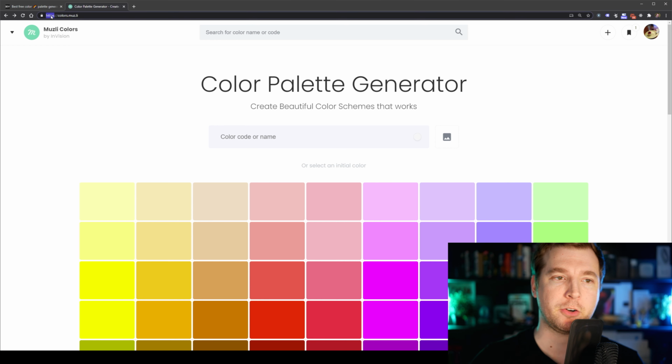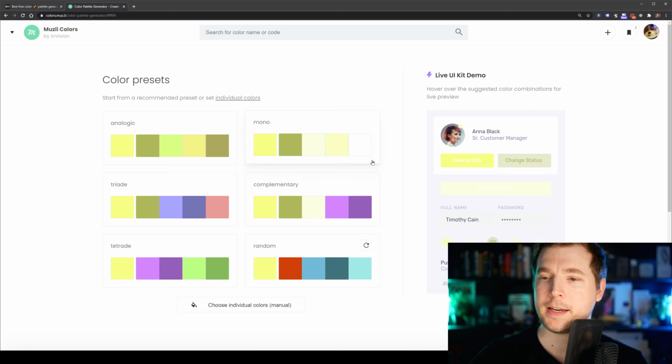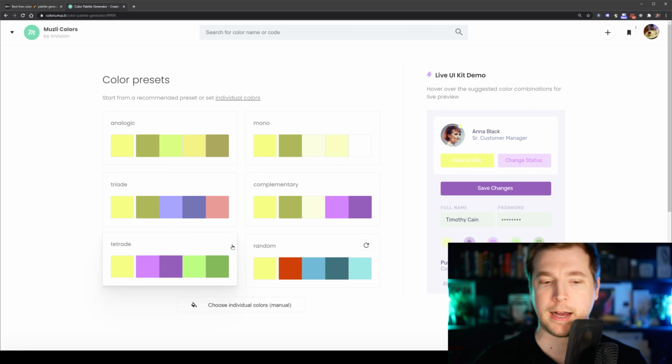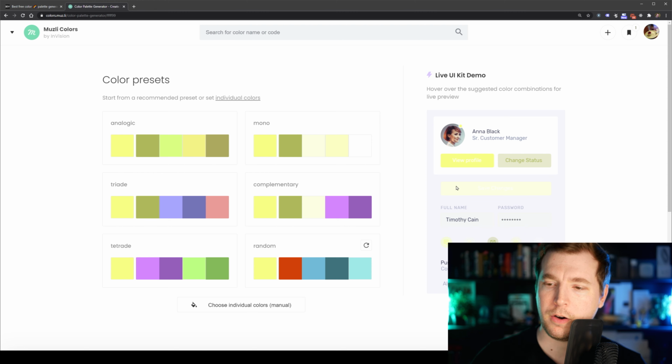Our second resource here is a colored palette generator from Muzli. You can visit it by going to colors.muz.li. This works a little bit different. It gives you lots of different options to select out a color that you might want to use, and when you do select one, you get an example of some of the kinds of colors you could pick for this palette. You also get a real-time demo of what this would look like inside of an application,